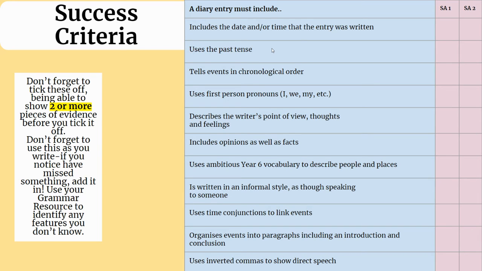As well as that, we use that ambitious Year 6 vocabulary. You can use your Tier 2 words, use the word maps that we provide for you, and a number of other resources to develop your learning even further. Make sure that it's written in an informal style, as though you're speaking to someone, because you're writing about your own tale of events based on that video. You've also used time conjunctions. Again, we've got a word list and word mat of those in the grammar resource. You've organised your events into paragraphs, including an introduction and a conclusion,